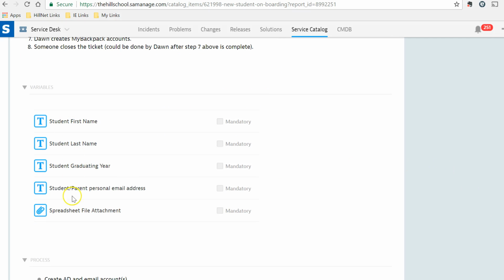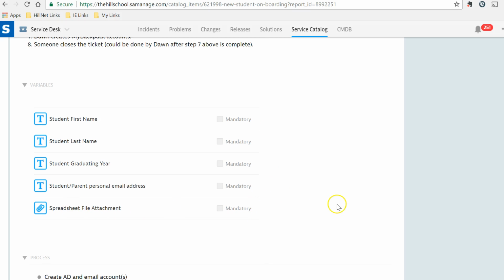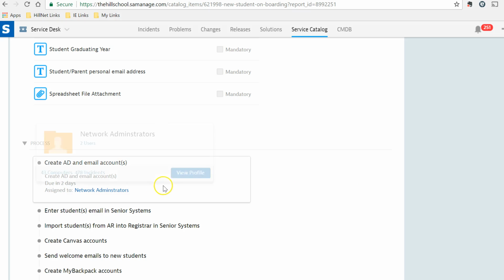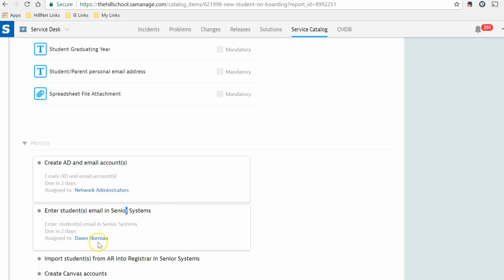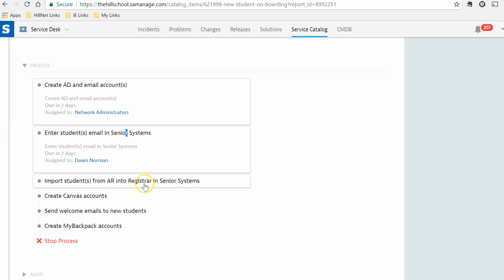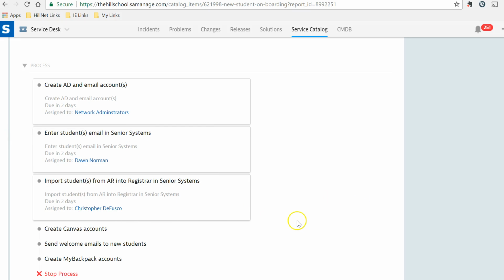So these are the fields that I've included in the service catalog. None of them are mandatory. And here's the formal process. Once the ticket is created, network administrators will be prompted to create Active Directory and email accounts. And then once we check off a checkbox, the process would then notify Dawn to enter the students' email addresses in Senior Systems, and then she would check off a checkbox, and then the process would notify Chris to import